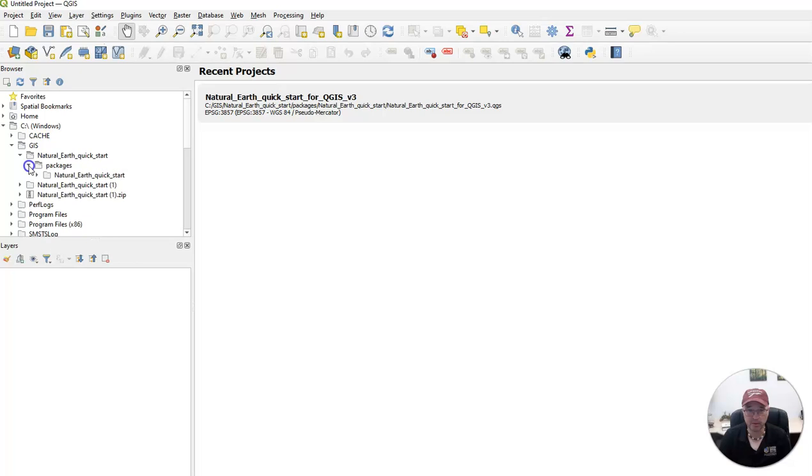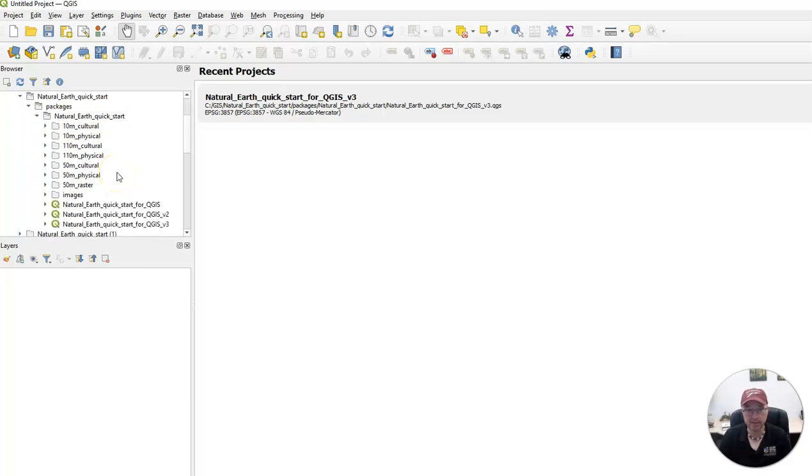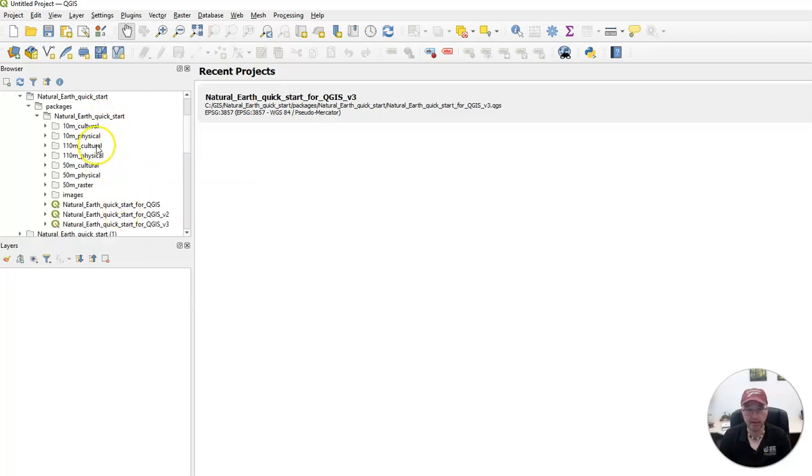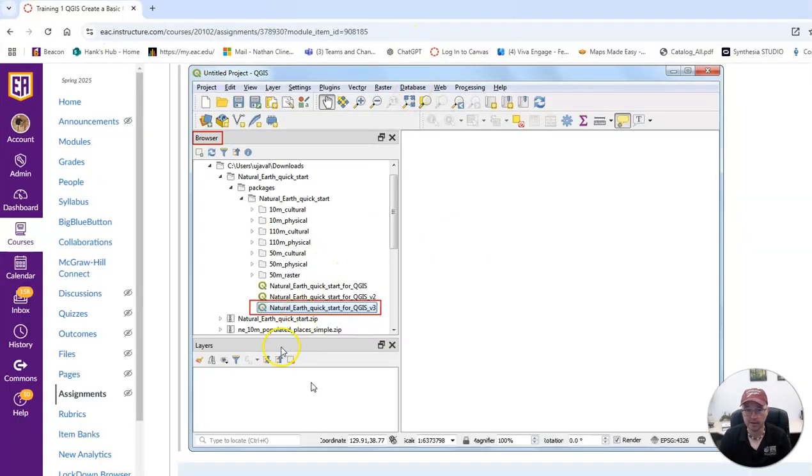And I am going to click on this a few times until I see this. So I went from my GIS to Natural Earth Quick Start, and now I've clicked on Packages and then Natural Earth Quick Start again, and you can see this. Now if you go to the instructions, the instructions tell you to click on the natural earth, and you can